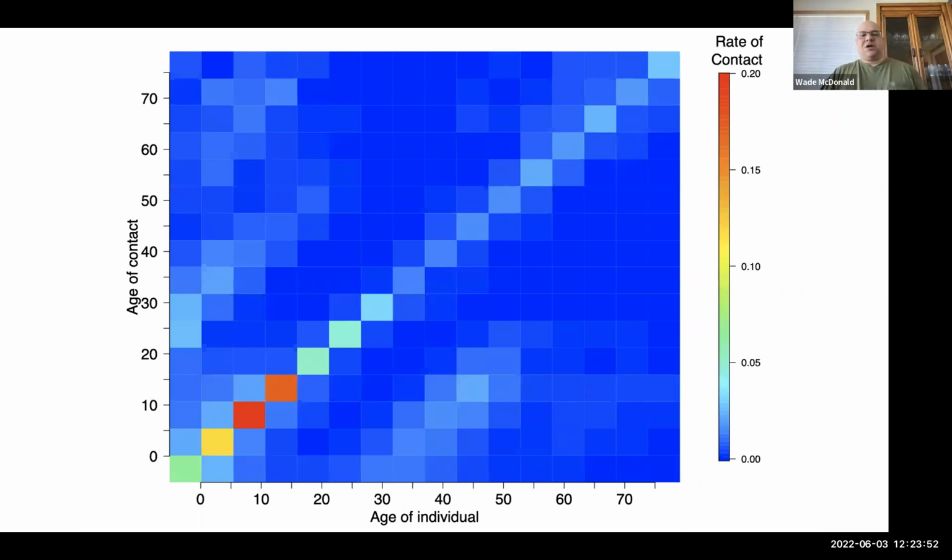This shows the contact pattern emergent from the model. Most people primarily contact people of their own age, which is represented by the strong diagonal. And then we have off-diagonal features. This represents children exposing their parents, and this represents parents exposing their children. And then there's some fainter signals of grandchild-grandparent interactions.